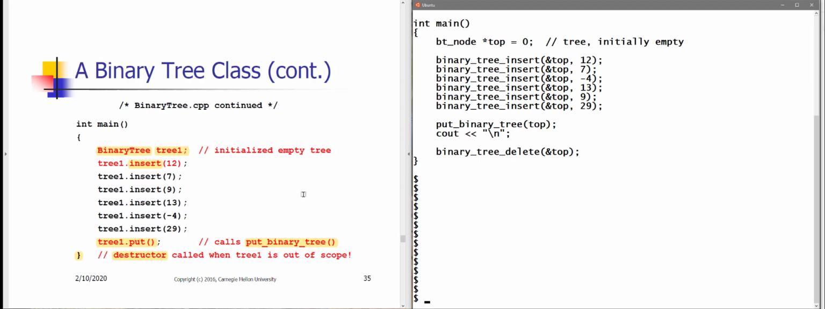Now compare the simplicity of the binary tree class application on the left-hand slide, on slide 35, with our original collection of interface functions involving pointers to btnode. Declaring and using binary tree objects in applications is much, much easier for the application developer than having to declare top as a pointer to a btnode initialized with 0, then remembering to pass in the address of top as well as values to this nasty long function binary tree insert,